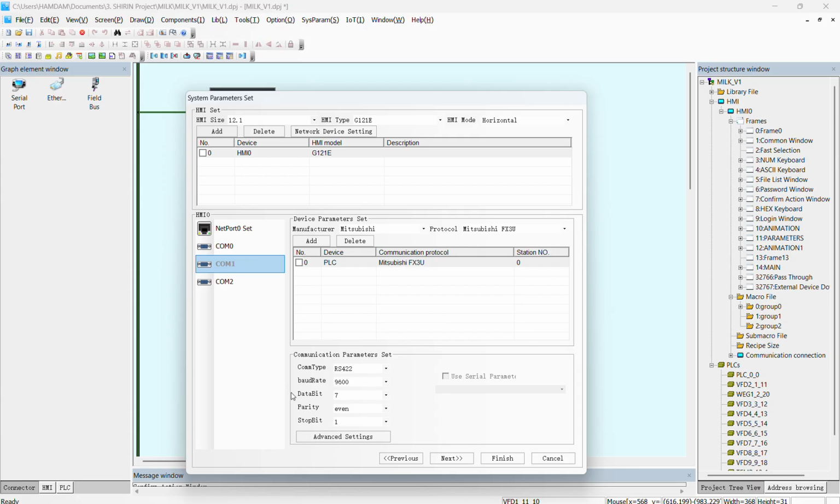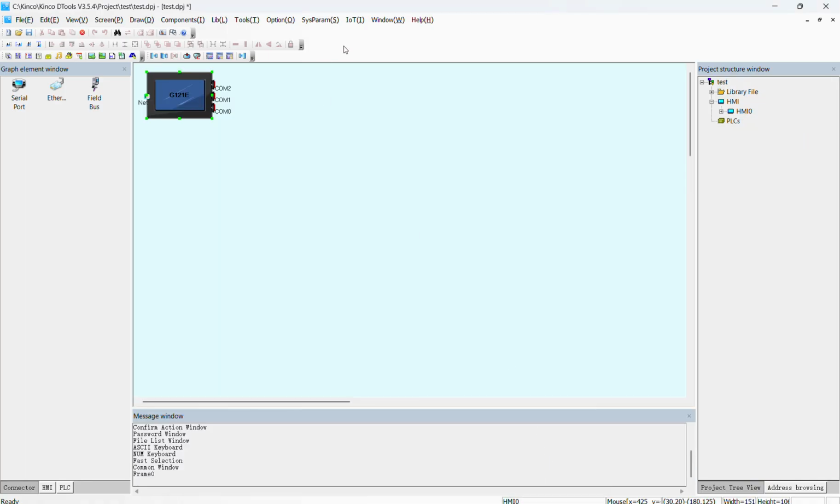So if you want to communicate Kinco HMI with FX3U Mitsubishi PLC, this is the base of the communication. You can do it like this if you learn about the Kinco HMI and FX3U communication in the manual. So if you want to communicate, you can communicate with these parameters. So directly communicated, no need for anything else. Just you need to go here. Also here I can go and